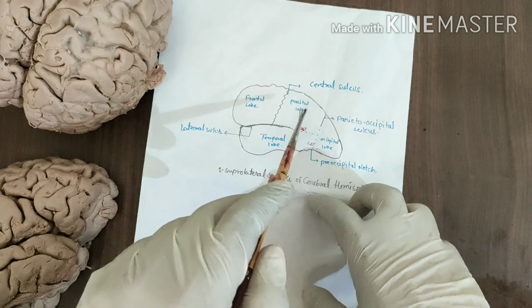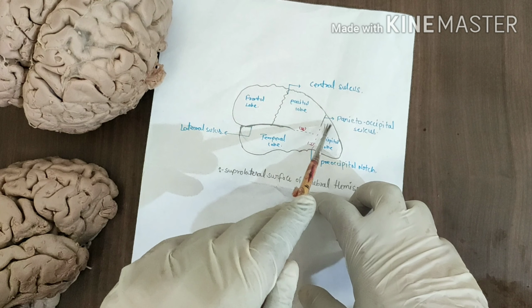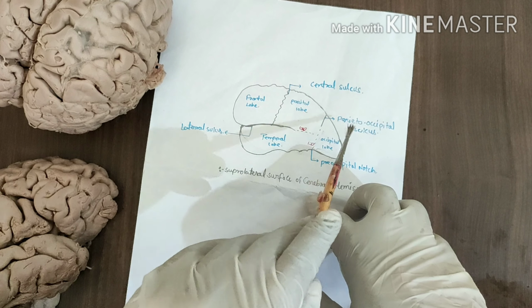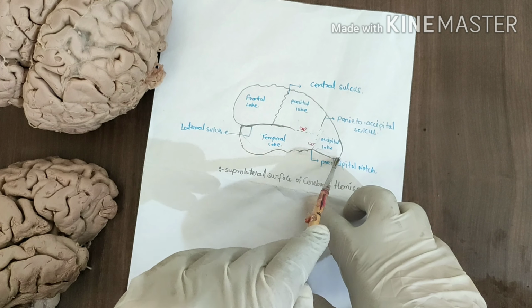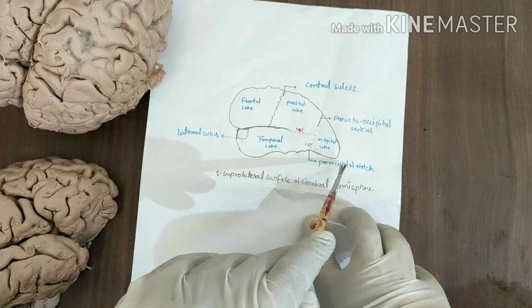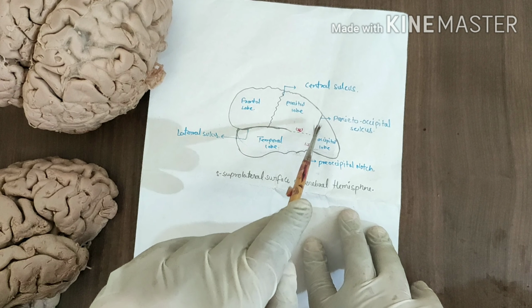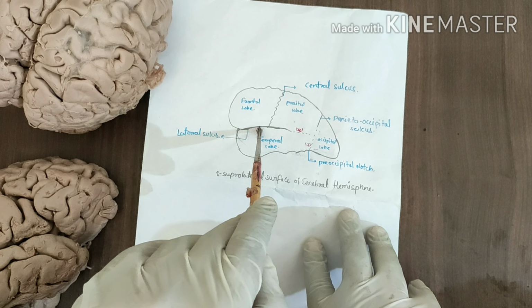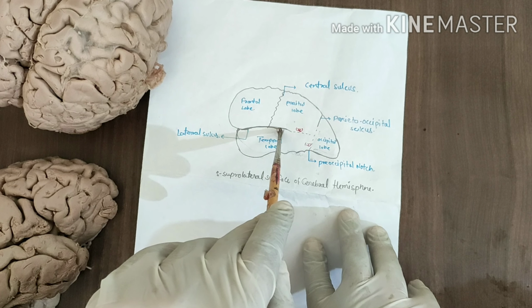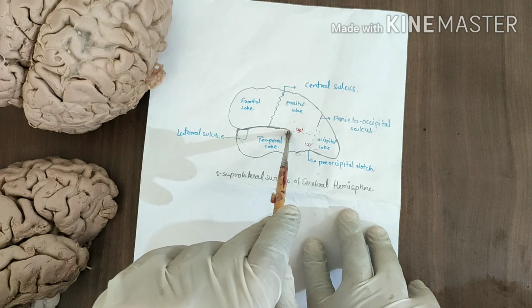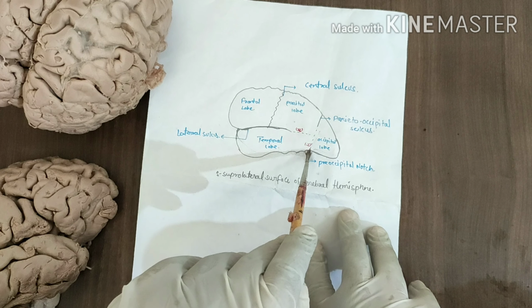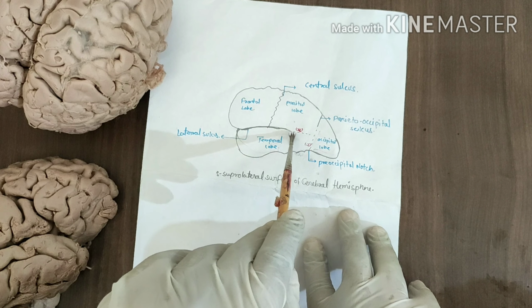This is the supralateral surface of the cerebrum. The first imaginary line is the parieto-occipital sulcus joined to the pre-occipital notch. The second imaginary line is the lateral sulcus. In the backward direction, this is called the posterior ramus of the lateral sulcus, and this posterior ramus is joined to the first imaginary line. This is called the second imaginary line.